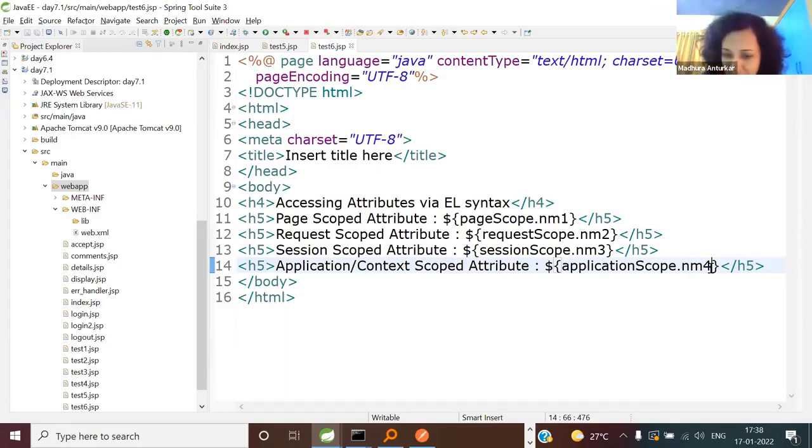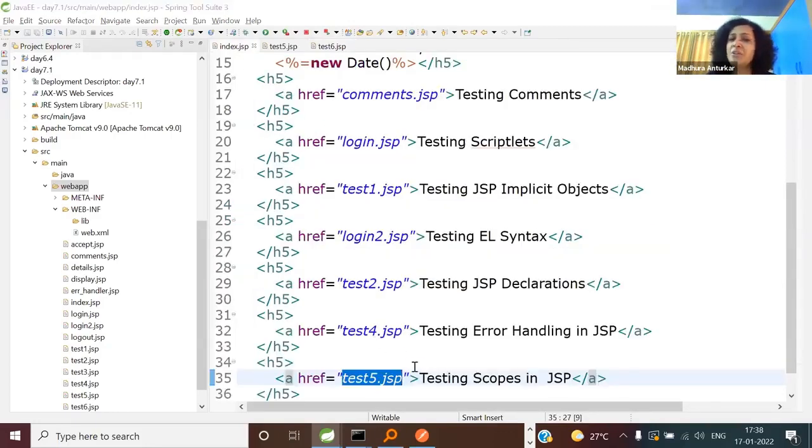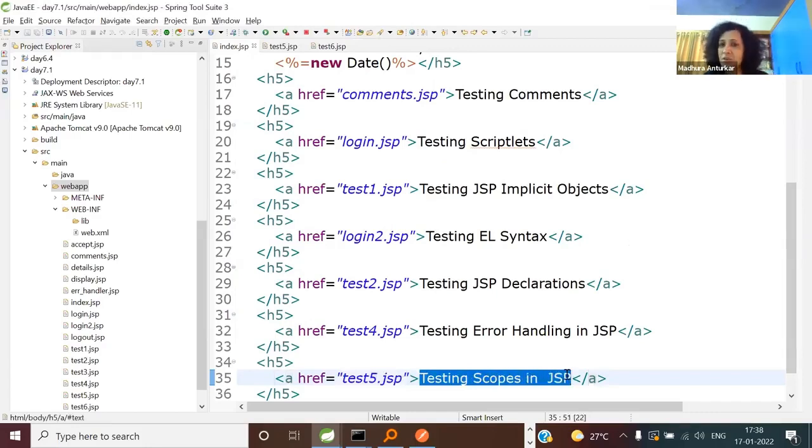Now the question. Don't cheat yourself. Otherwise, you are not thinking, you are allowing somebody else to think for you. So here is the question. When we click, which we will see in a minute, when you say testing scopes, when you click on this, the request will be sent